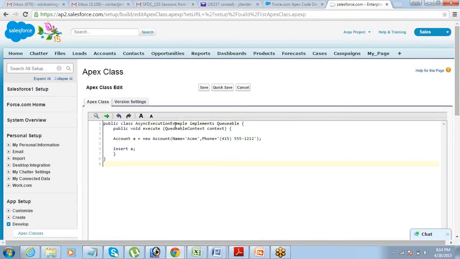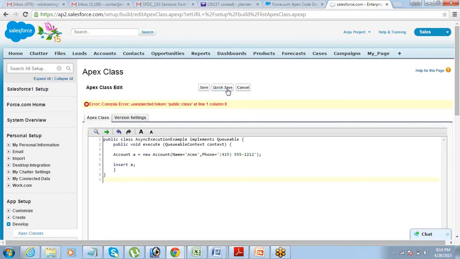Implements Queueable, void execute, quick save. Is there a spelling error or what?